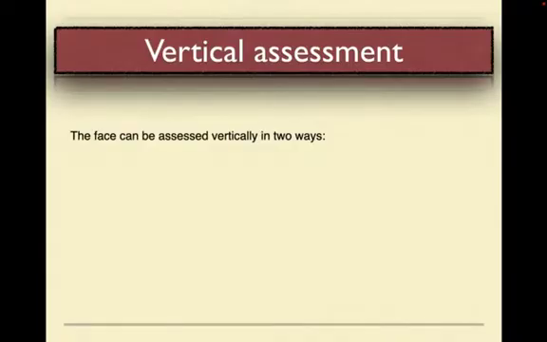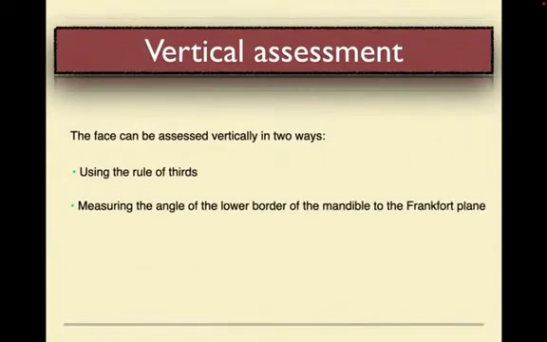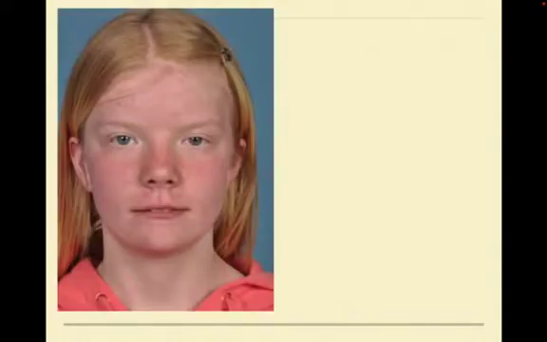So what do we look at? Now we look at 2 things: using the rule of thirds to divide the face, and measuring the angle of the lower border of the mandible to the Frankfurt plane to assess what we call the growth rotation. So the rule of thirds, basically you divide the face into 3 thirds. The first one, the hairline, then glabella, then subnasale, then menton, and this is not Begonian like we did with the facial convexity. Okay,